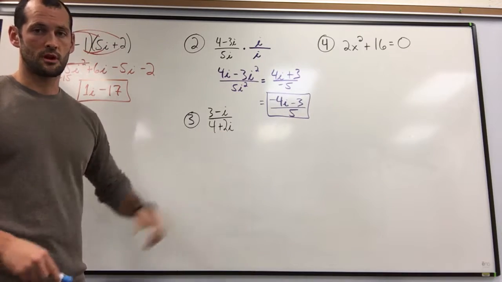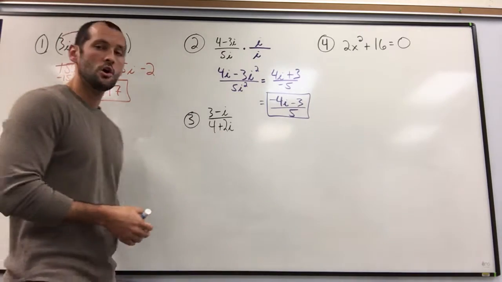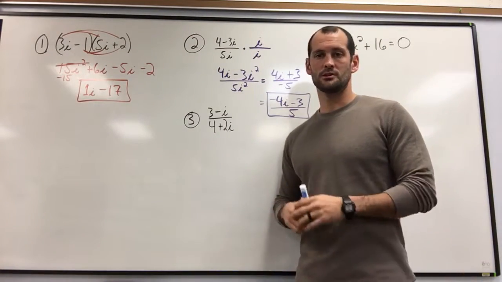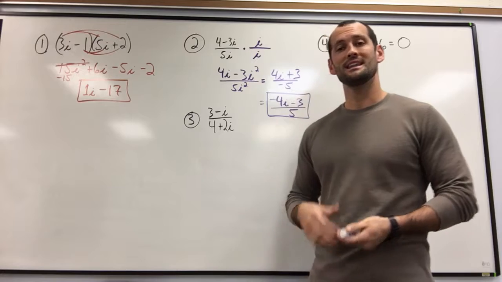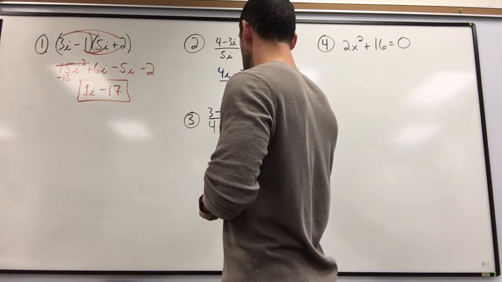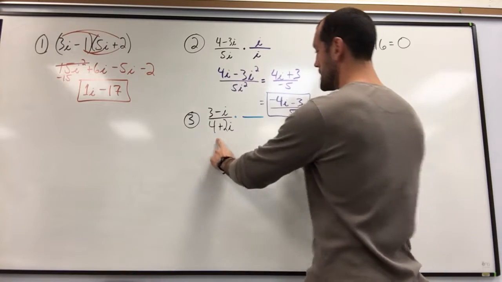This is the one that most people struggle with, though. It is a binomial. Now, we use the formula from difference of perfect squares to help us eliminate our middle term in this. We're going to be multiplying by the conjugate. Now, when I multiply by the conjugate, this is what that means. It's the exact same expression,